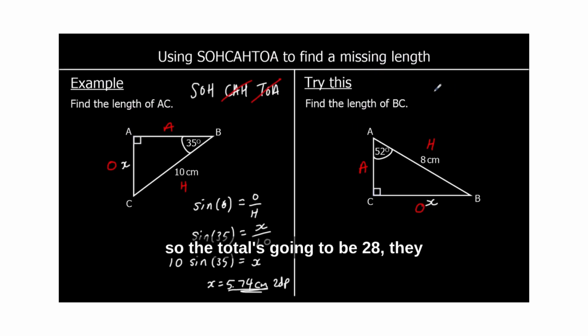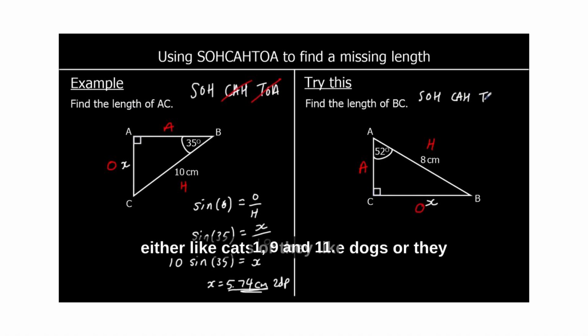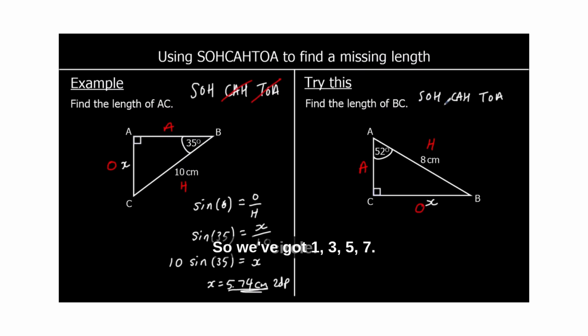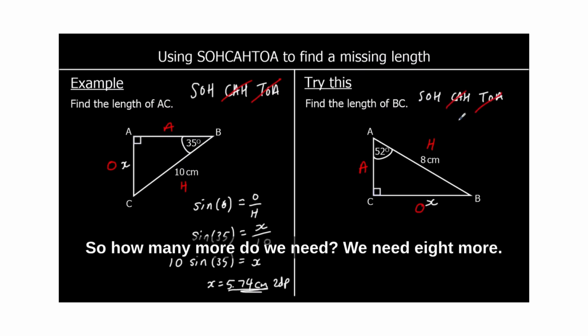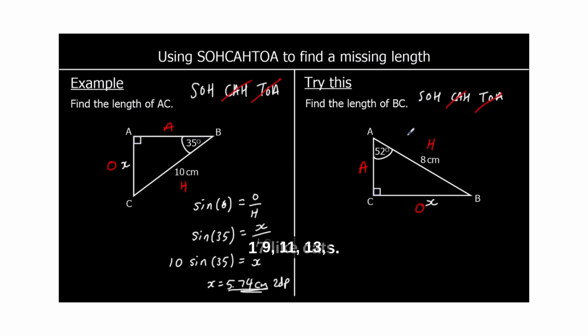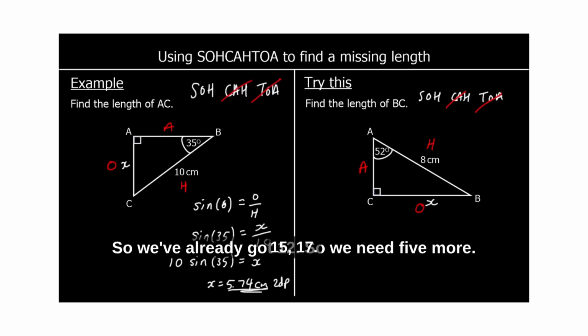So we're using our sine, our cos, or our tan. So we've got H. We know H. We want to work out O. And A is not in the question. We don't know what it is, and we don't want to know what it is. So we're using the one with O and H in, which is SOH. Or you could say we're not using the ones with A in. So we're using SOH, which again means sine with the angle